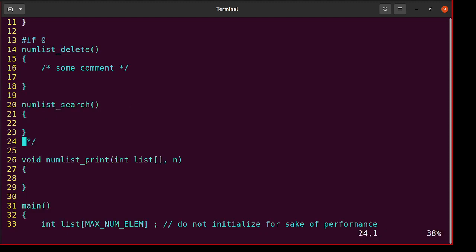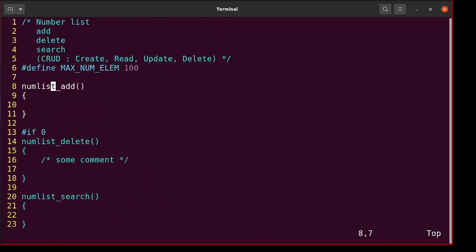So in that sense we will put it in hash if 0, because we need it finally, we don't want to lose it. So I will just put that. Okay, good. So now we need to think of the add. So I will quickly create int list and int n and int lm. That's the element to be added. Okay, always use meaningful names, right? That will be good. And right now maybe I'm saying that I will not return anything,